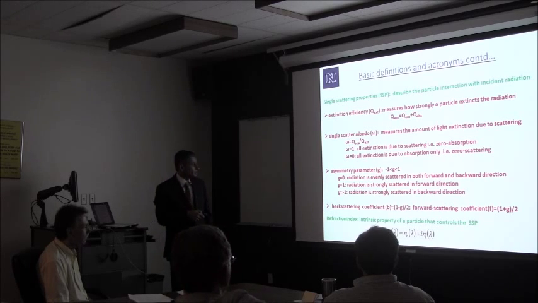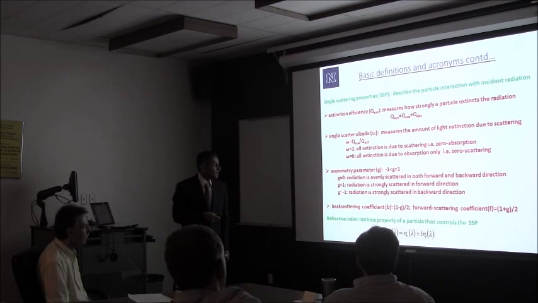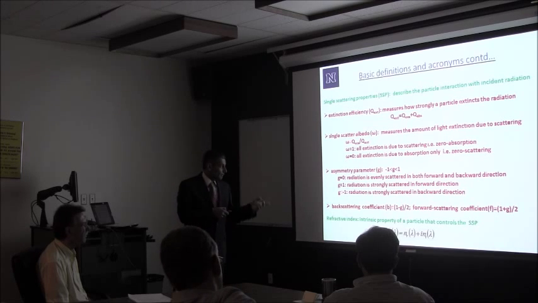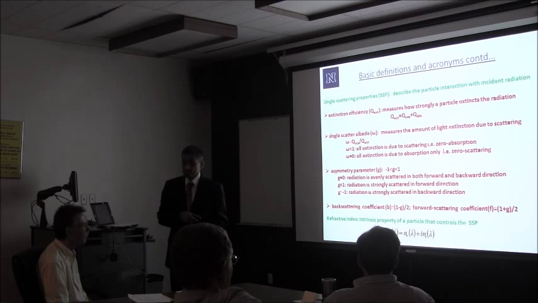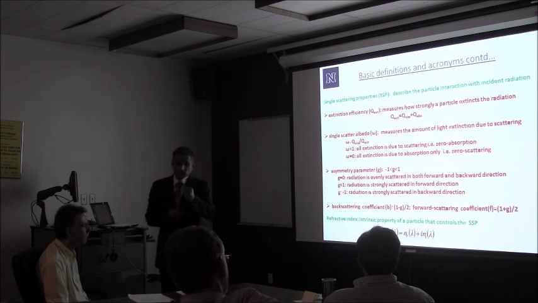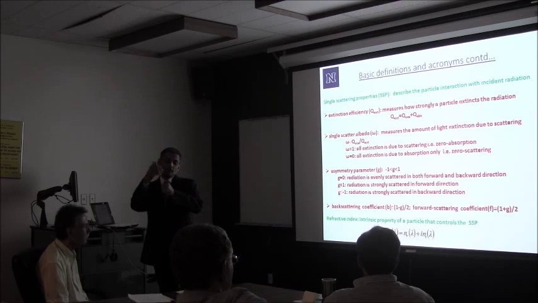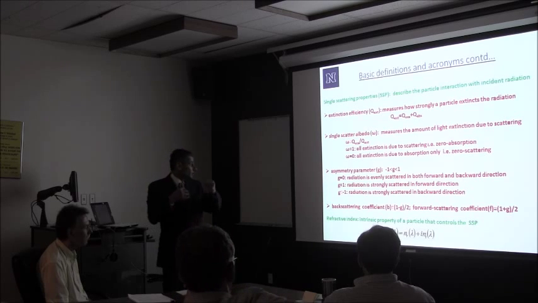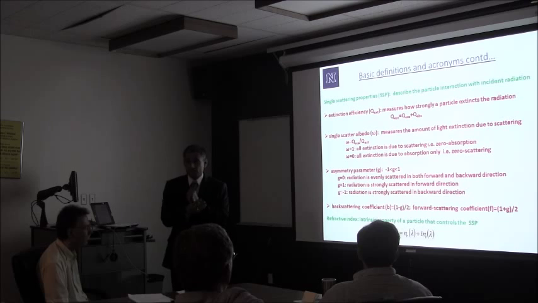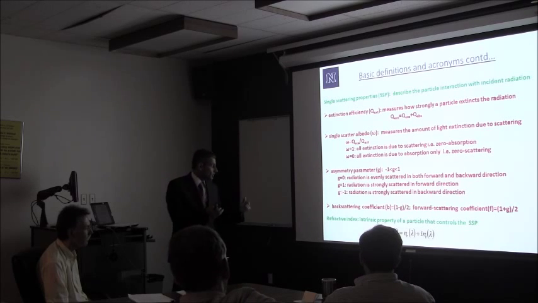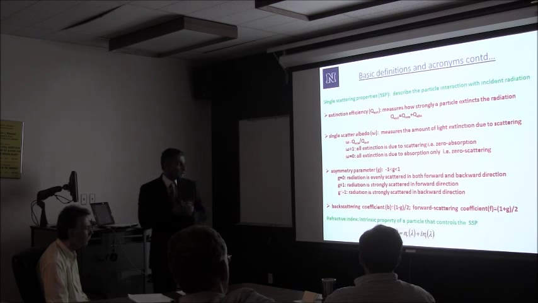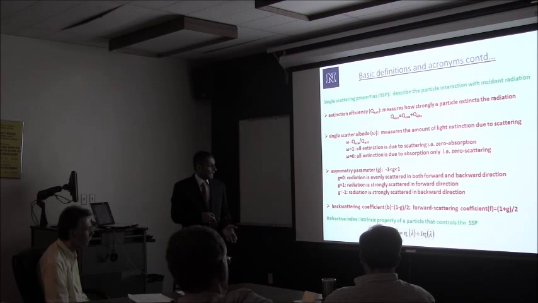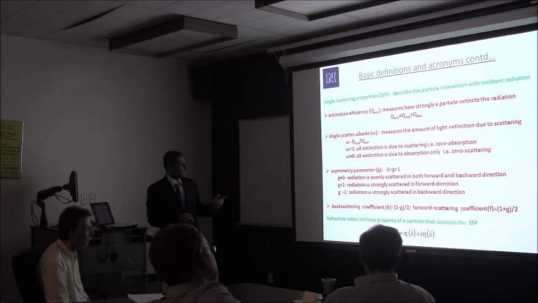And here's another term, the asymmetry parameter. This gives us an idea about the orientation of the scattered wave. Its value lies between -1 and +1. G equals 0 means the scattered waves lie equally in both forward and backward directions. G equals 1 means radiation is strongly scattered in the forward direction. And G equals -1 is just the opposite, scattered in the backward direction. And you have a few more terms, the backscattering coefficient B and the forward scattering coefficient F, which are related by that